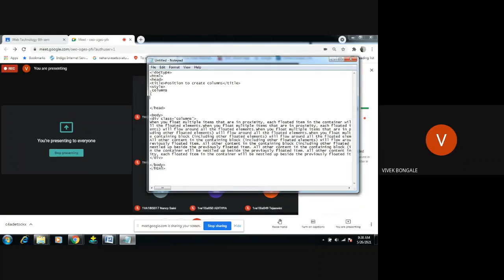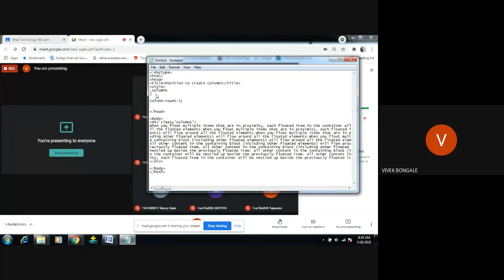Now how many columns do we want to create for this paragraph? For that we have the attribute column-count, then 3.